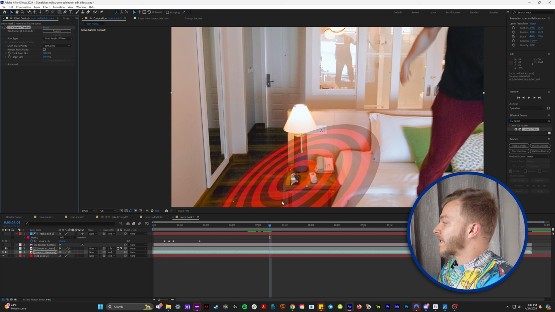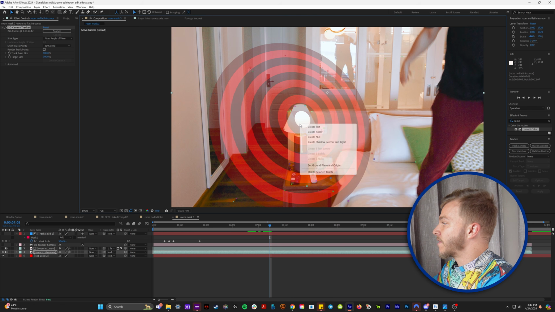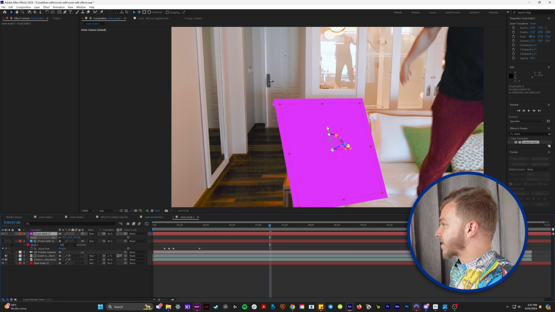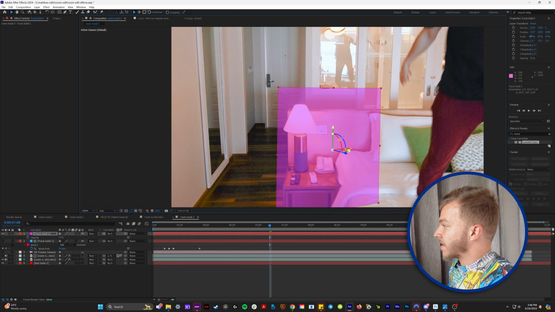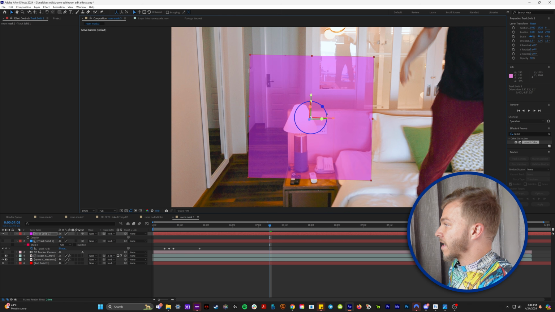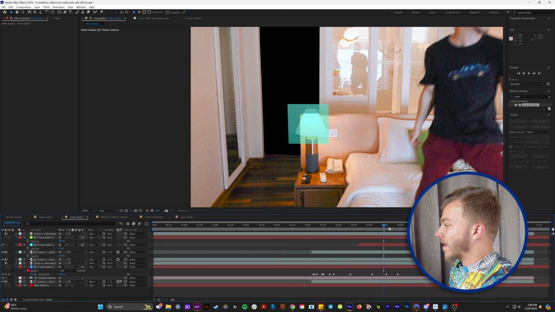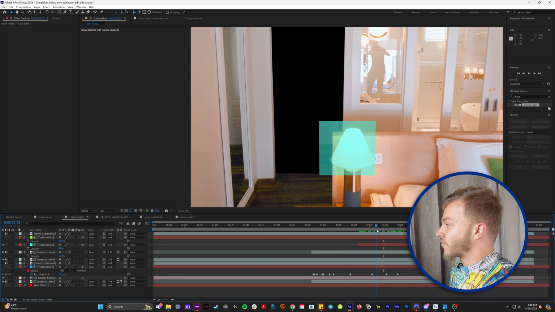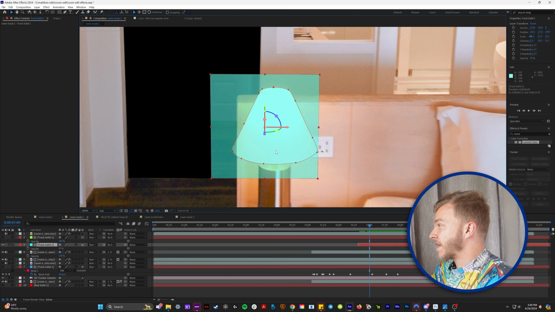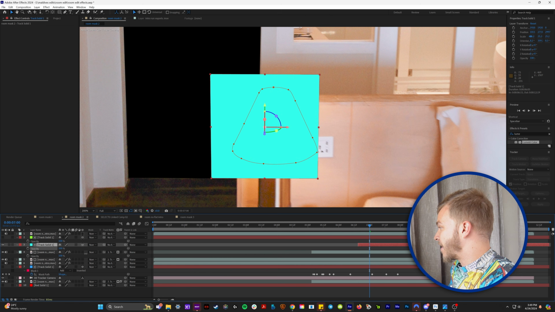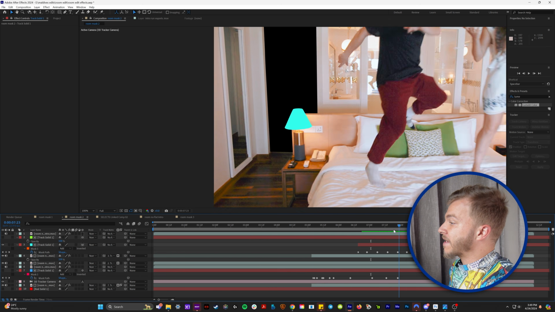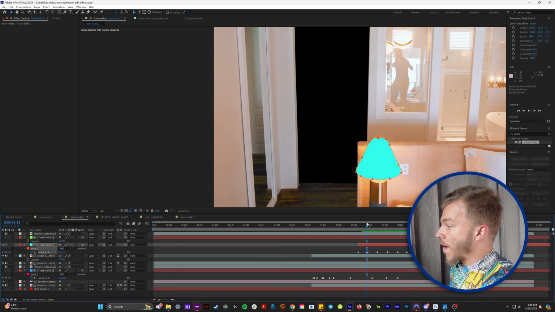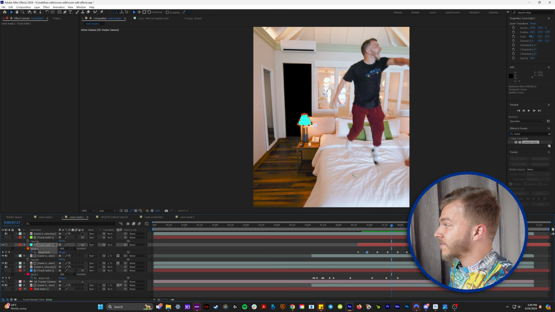And I will select a mask that's on this lampshade, and I'll create a solid. I'm gonna scale it down and set the opacity to like 50, and I'll rotate it to be more flat and facing the camera. And if we watch that back to see how well it's tracked on there, this looks like a really good track. And so you can see what I've done is I've masked out the lampshade. If I turn the opacity on this track solid back to 100, you can see that it's perfectly tracked onto this lampshade. This basically allowed me to only do one keyframe every like 10 frames, and it's still